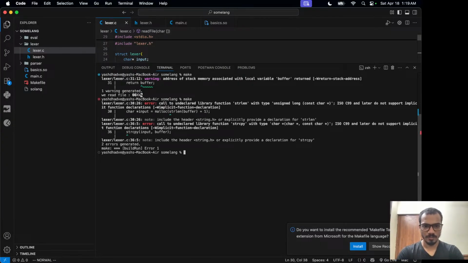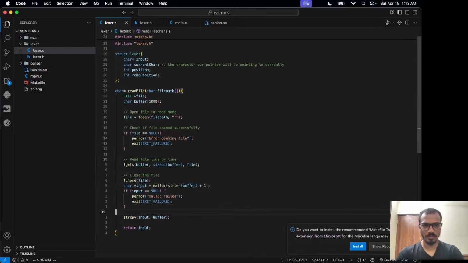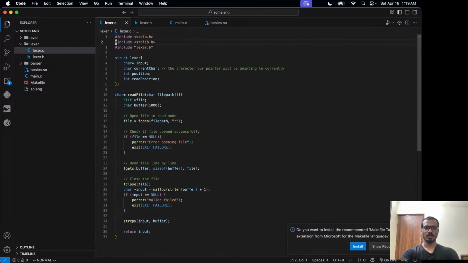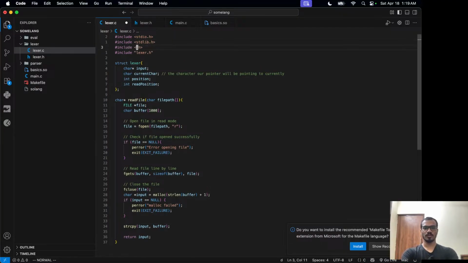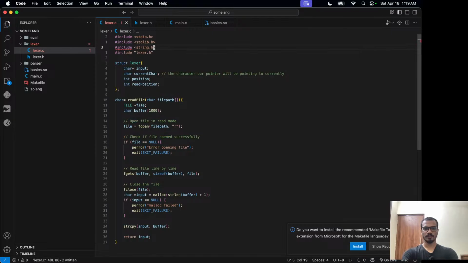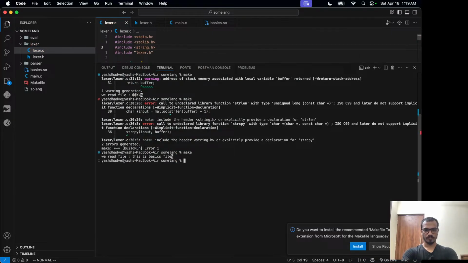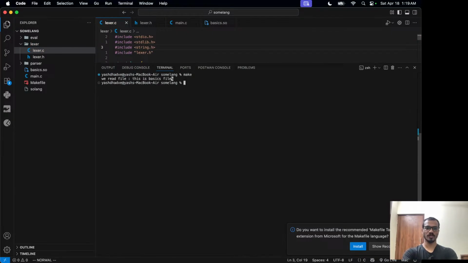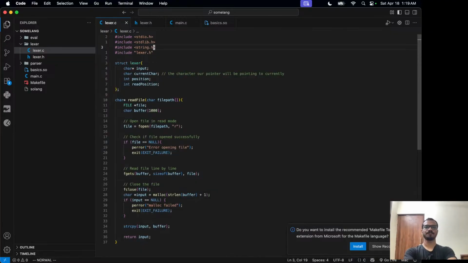Make, and this doesn't work because we have to include string.h, and this works. Once again, this works. Great. Now that this works, we should store